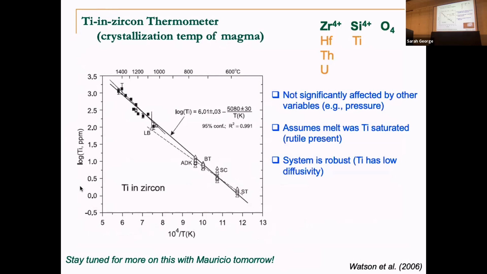Okay, titanium in zircon thermometry. Mauricio is going to talk a whole lot more about this tomorrow, so I'm not going to get into this too much. Basically, this is what we talked about earlier, where titanium sometimes fits into that silicon site. It's a temperature dependent process. Its ionic radius is not the right size, and so sometimes it fits, sometimes it doesn't. So we can use that to get back at temperature. It assumes that the melt was titanium saturated, a good indicator of just whether rutile is present in the sample or